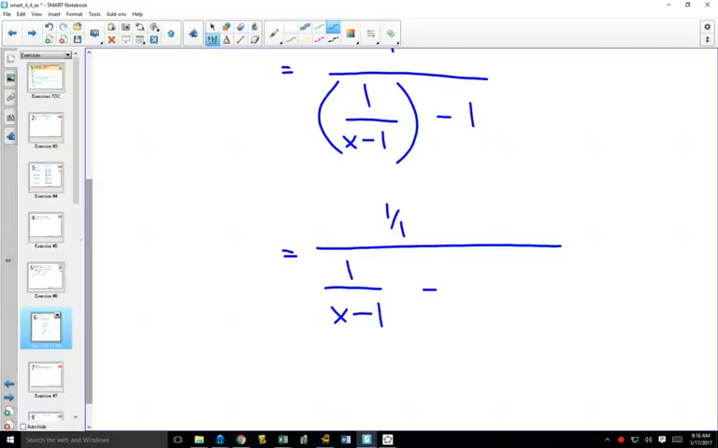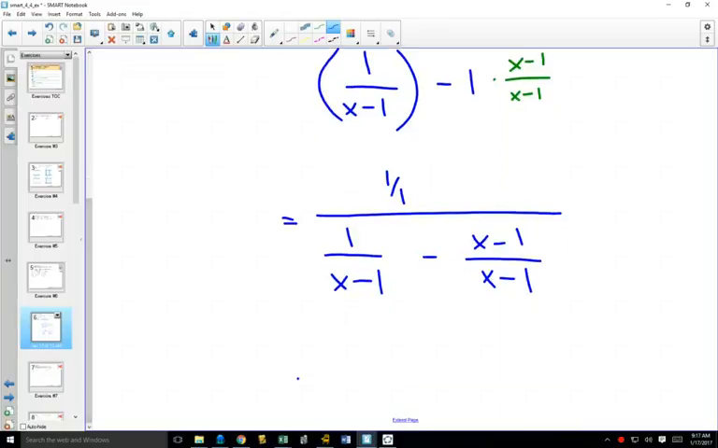minus 1. And in order to put that together, how do I subtract fractions? What do I need? A common denominator. So I'm going to multiply my 1 by x minus 1 over x minus 1 to get that common denominator. And then once I have that common denominator,